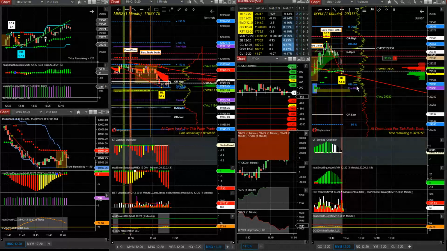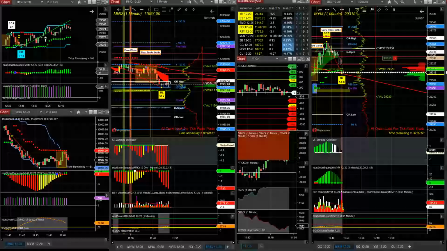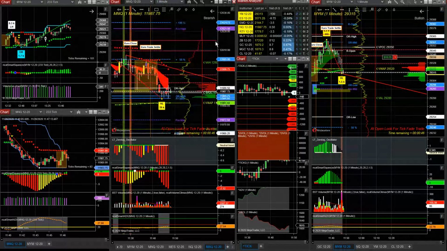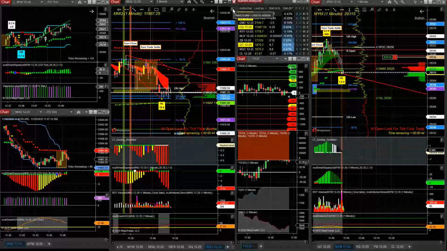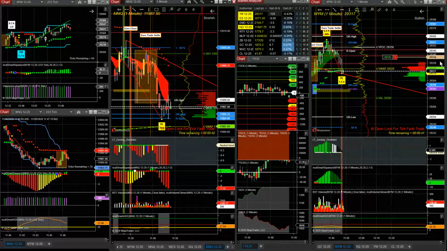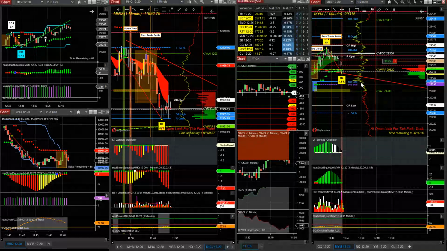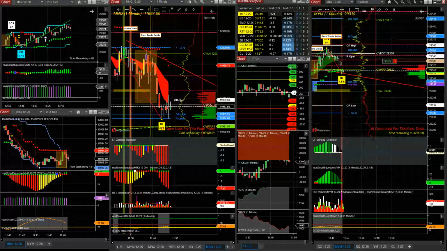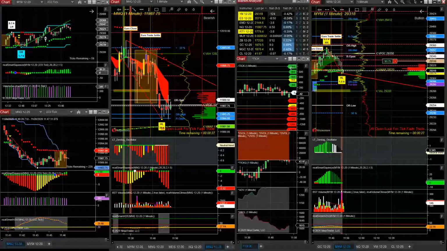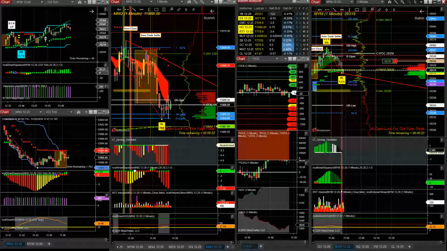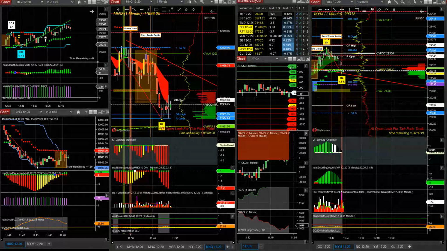Now these are the levels here. All right, it's 1147. It'll take a little while for that settlement to occur in Europe, the European settlement. Now this is the next trade. You know what? I'm gonna call it a day. Come back later, end of the day, and look for some shorts. If I see any setup, we take it. So I'm out. Order filled. It's good enough for me.